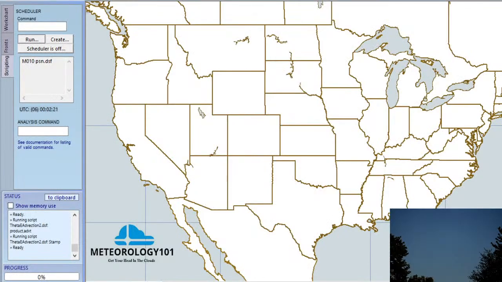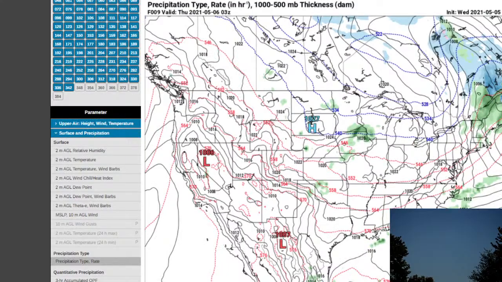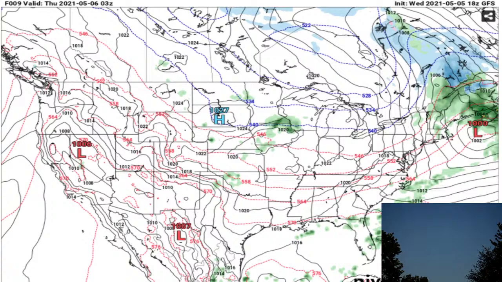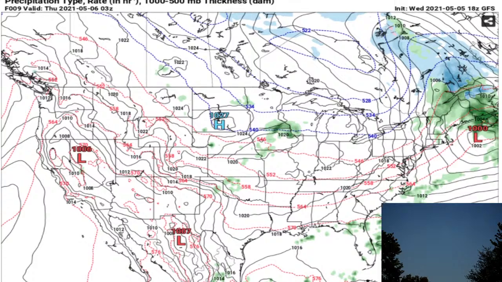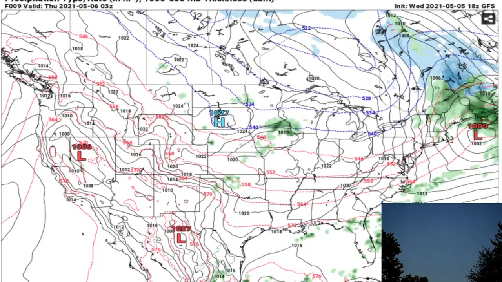All right, we covered the charts. We covered the radar. Let's cover the models real quick. See what we have here. We got Pivotal Weather. On one side we could pull soundings and stuff, and we can see what temperatures are pretty much forecast to be